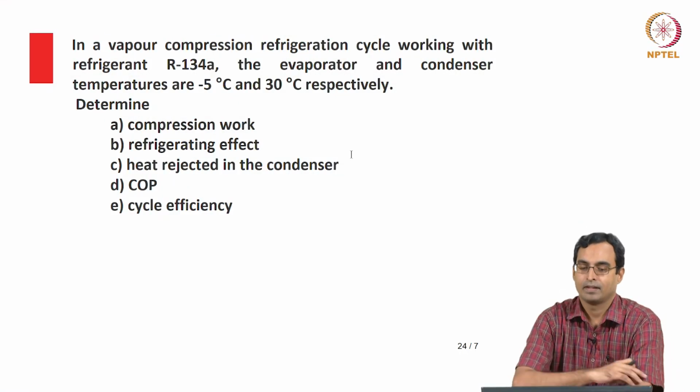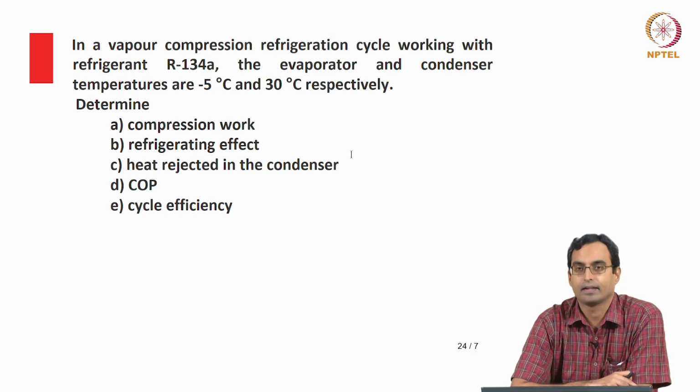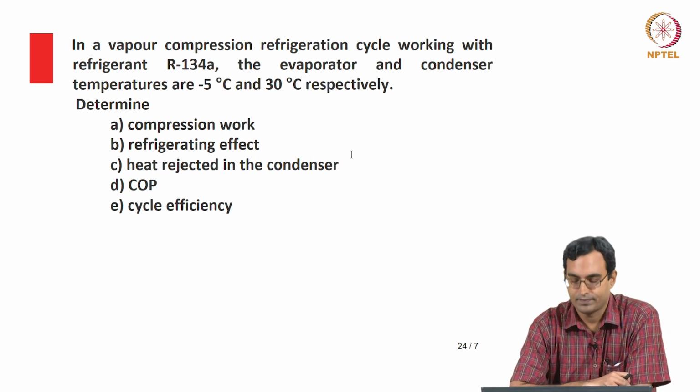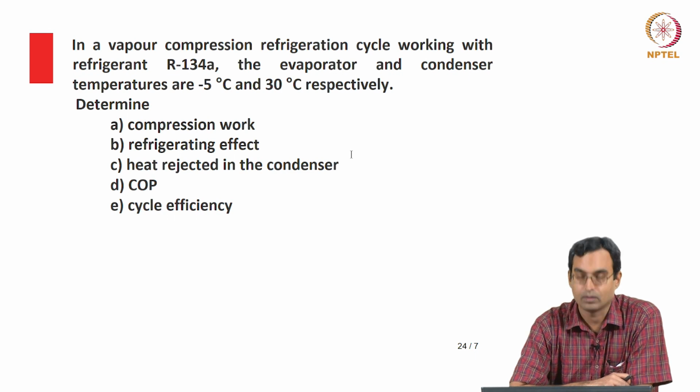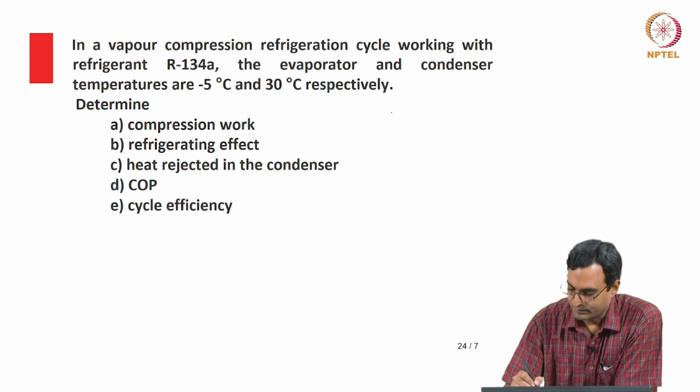Welcome back. We are going to look at a problem involving a vapor compression refrigeration cycle, or a VCRS cycle. It is working with refrigerant R134A, and the evaporator and condenser temperatures are given as -5 degrees and 30 degrees respectively. We are asked to find out the compression work, refrigeration effect, heat rejected, COP and cycle efficiency. So, we will go on to all of these, but first let us